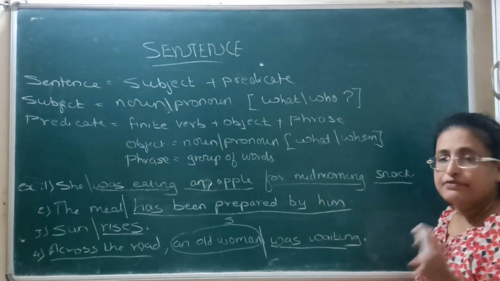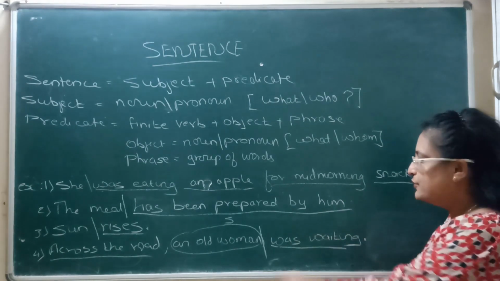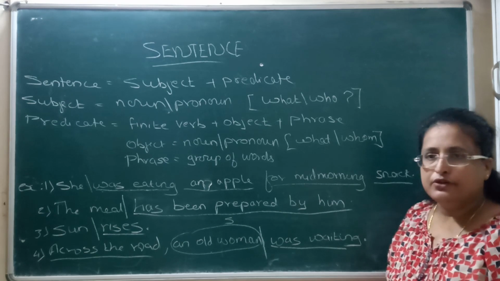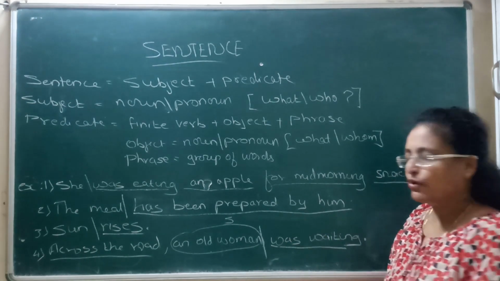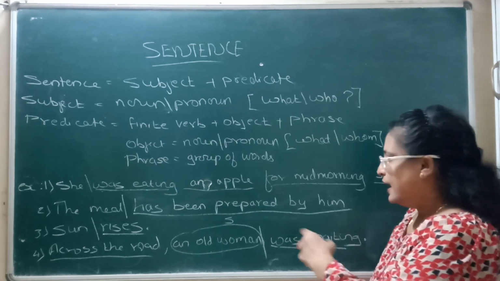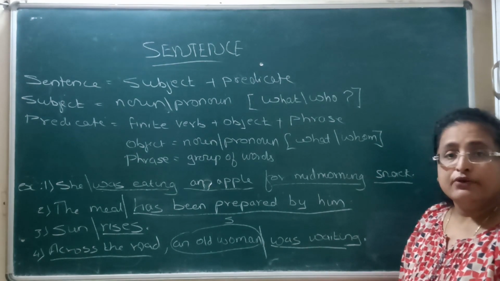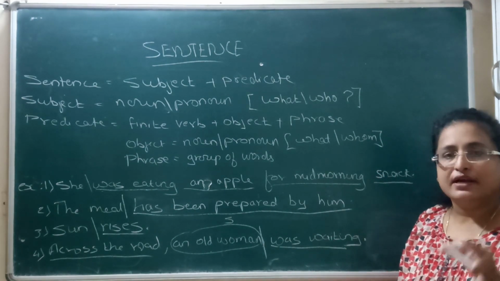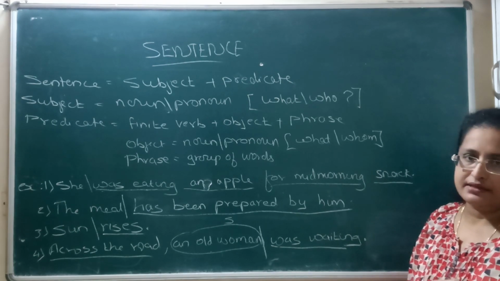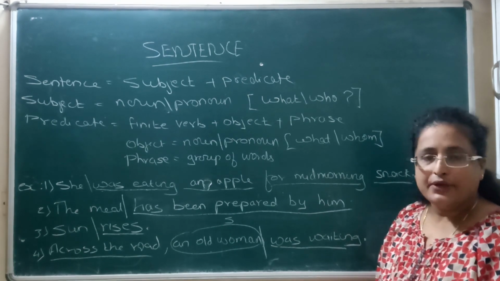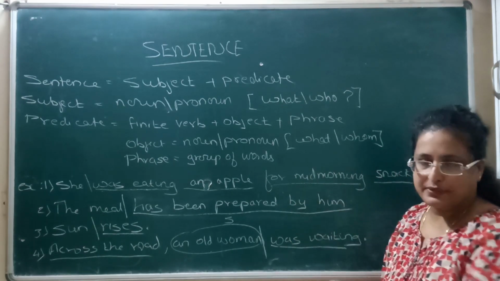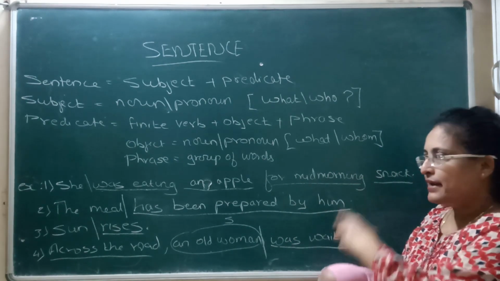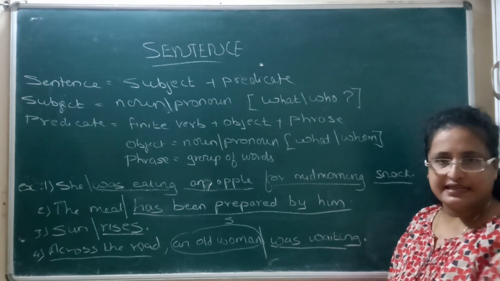So in case if a competitive exam and all they ask you, identify the object, or they may give you the options, like across the road object, yeah, an old woman object, yeah, none of the answer. So you should go for none of the answer. You have to tick mark it. Did you all get it, your children? I hope you all have understood this very concept of subject and predicate. Remember, this is a basics of English grammar of sentence.